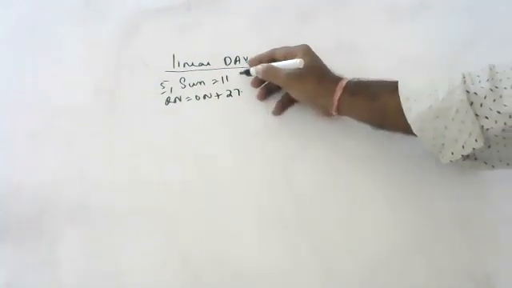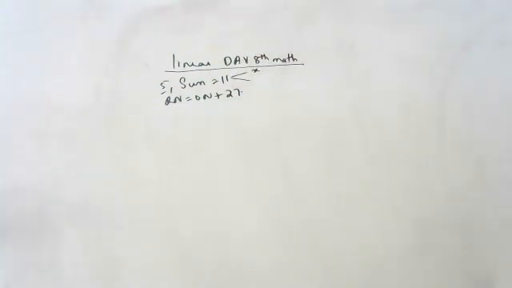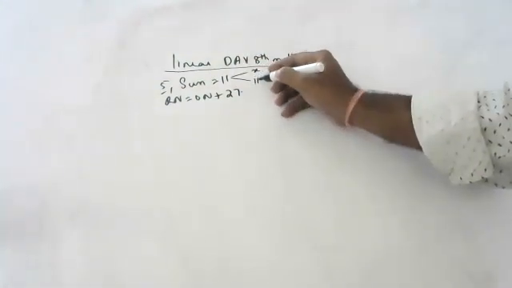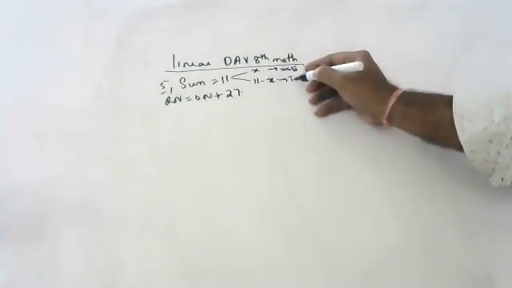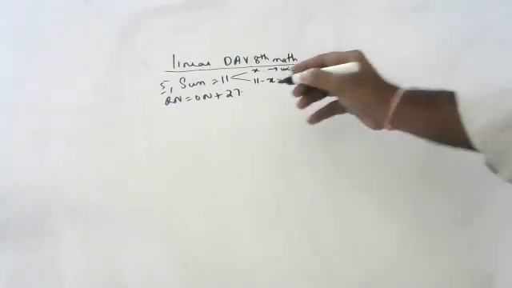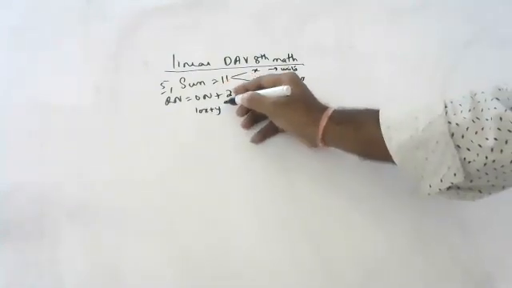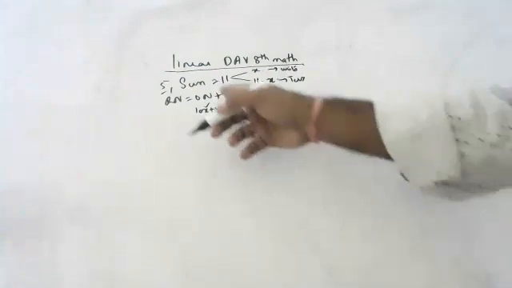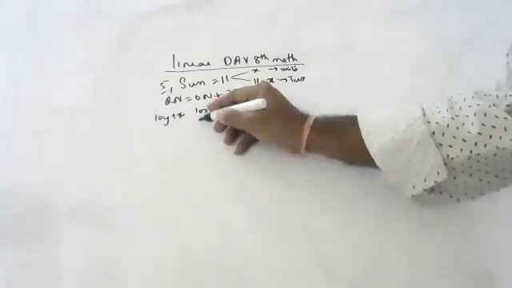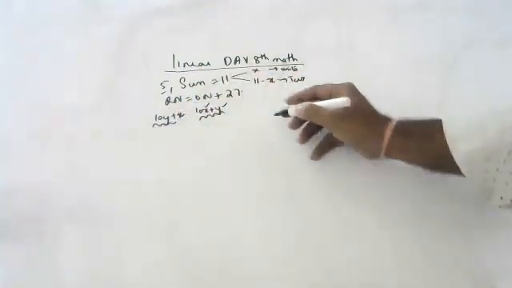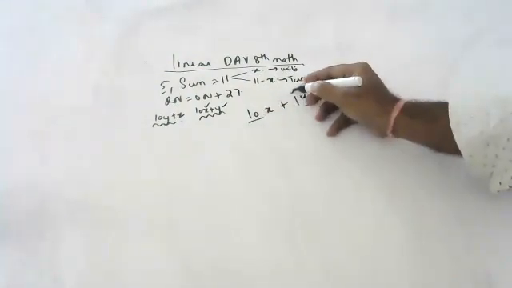Normally, if one digit is x, what will be the other number, children? If one is x, the other is 11 minus x. Okay, let me take this as the unit digit, and this as the tens digit. Original number means 10x plus 1, because this is the tens digit and this is the unit digit. Reverse number means 10y plus x.